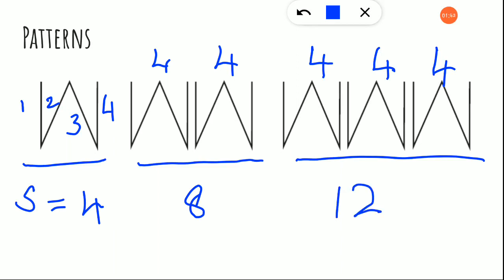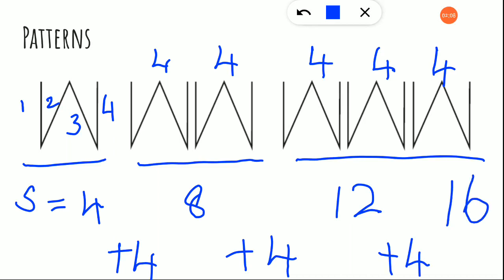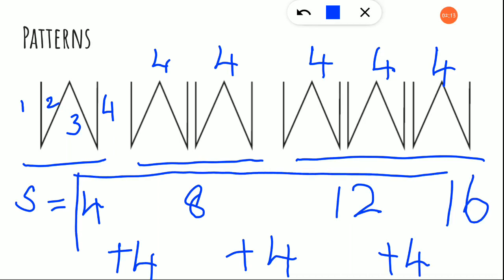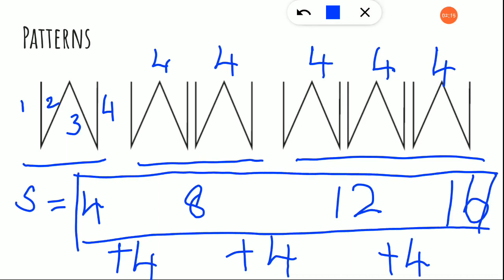So now look at the numbers below. The first number is 4 and with that we are adding plus 4 and you are getting 8. And with 8 you are again adding another 4 and the number is 12. And suppose there is another pattern. That pattern has 4 W's. That means how many sticks will we need? We will again need 12 plus 4. How many sticks will we need? We will need 16 sticks. Clear, children? So the numbers that we arrive at here, 4, 8, 12, 16 and so on, this is called the pattern of this diagram.